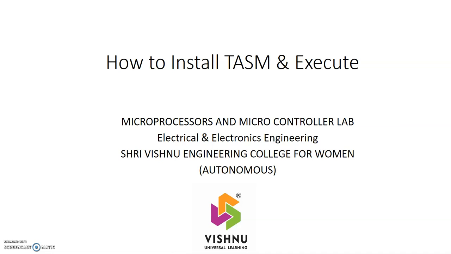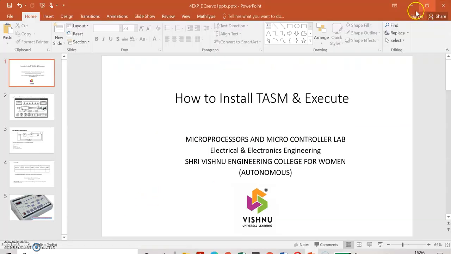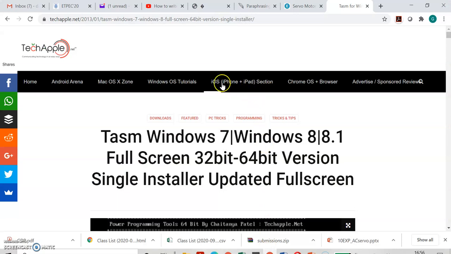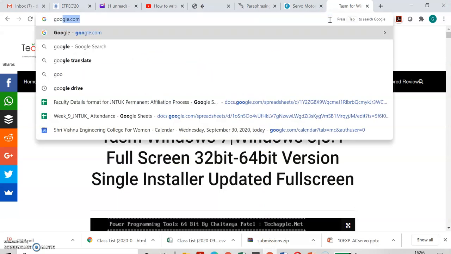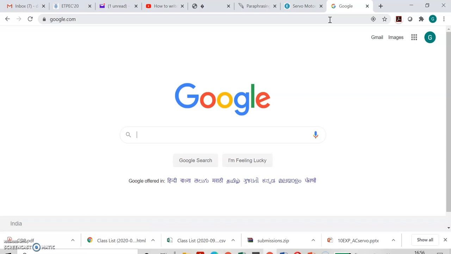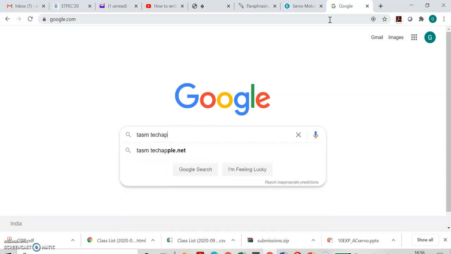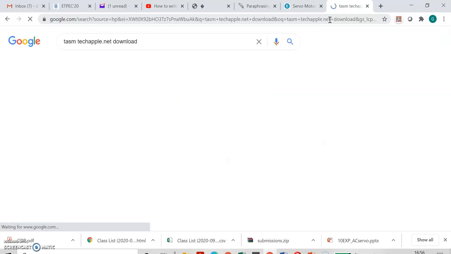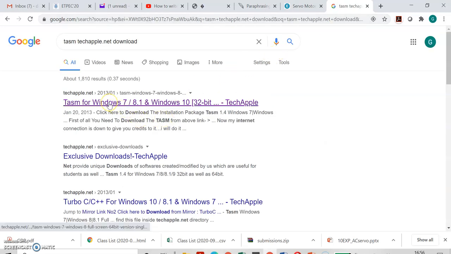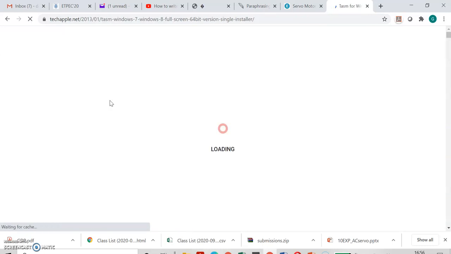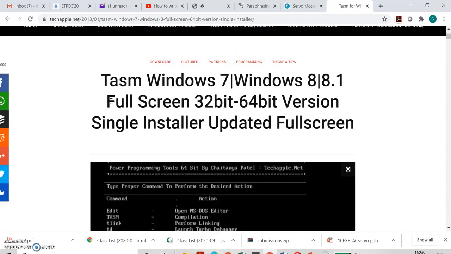Now we'll see how to install TASM software from the browser. Open the browser and go to Google. Now type TASM techapple.net download. Enter. Now we'll have a page like this. Click on this link and scroll down,